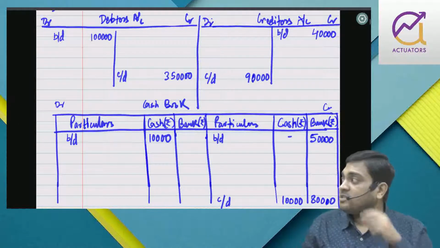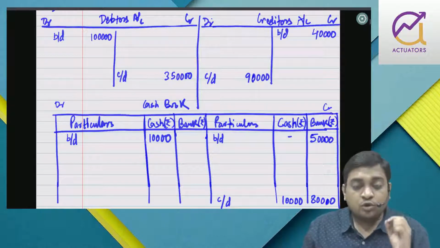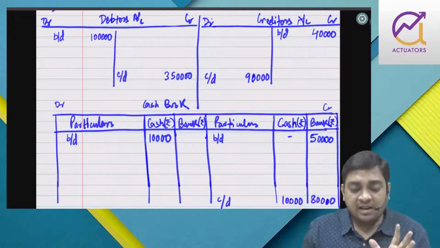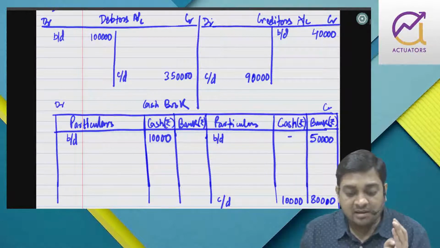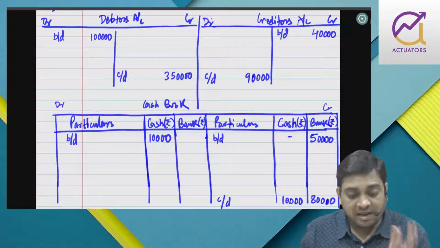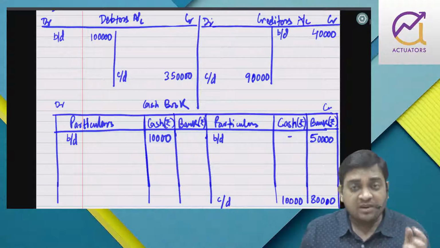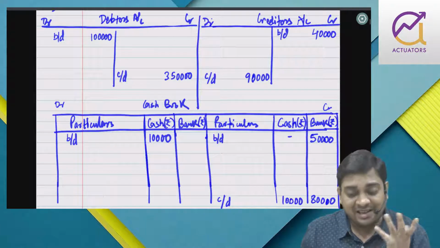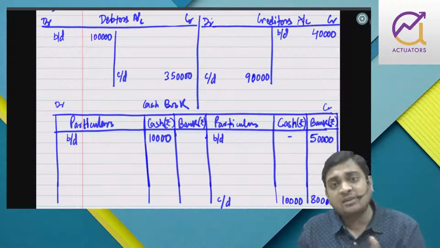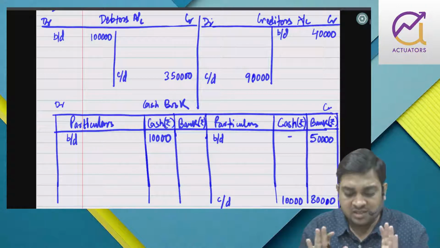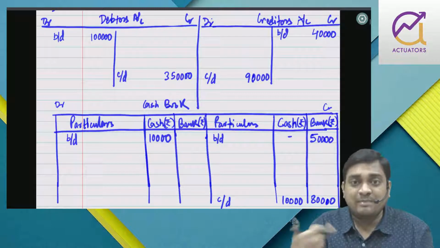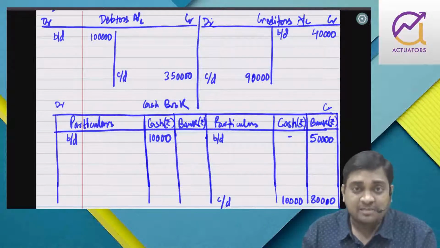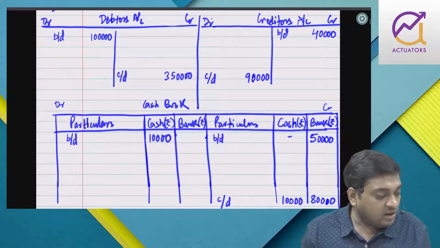So these are the accounts that we have to prepare. Right now I'm focusing only on trading account, right? For preparing trading account, I require purchase and sale, that I can get from debtor and creditor. Further, they have also given some hint that cash sales can also be there. So I'm preparing cash and bank in addition. There might be a case I might get some other thing as balancing figure. Okay. Now, what are the transactions?